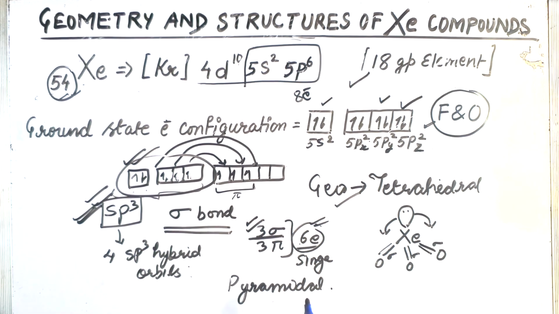So we have to take care that in the case of fluorine there was no issue, because we were connecting it with 1 sigma bond only, and we were utilizing all the electrons there. But this time we are going to make 2 bonds, that is sigma and pi both. Pi bonds are not involved in the hybridization. Sigma bonds are formed by the structure created after the hybridization. So this way we will be using this concept.